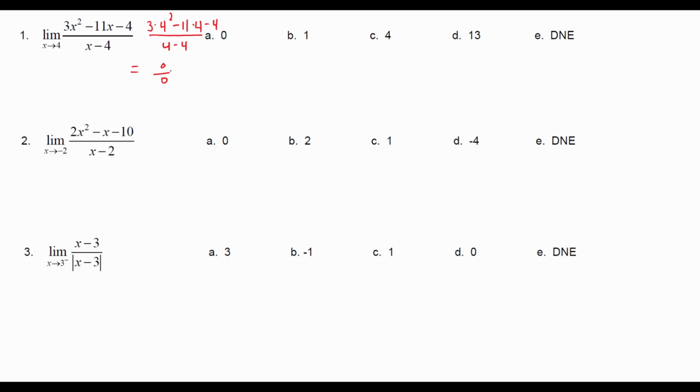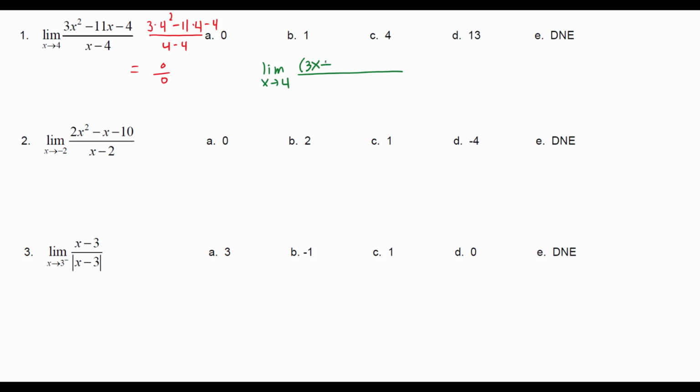Another thing is, because you got 0 over 0, you could actually use L'Hopital's rule now, since you know how to do L'Hopital's rule, which is probably faster. Anyway, because it's a review, I'm just going to use factoring, since we do have L'Hopital's on the other problems. So if you factor, you get the limit as x approaches 4 of, your numerator does factor,